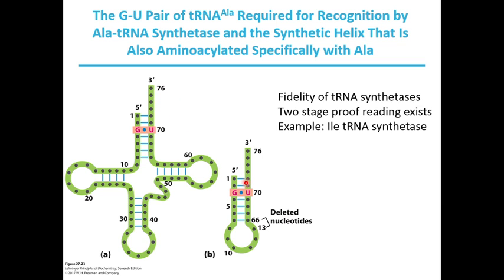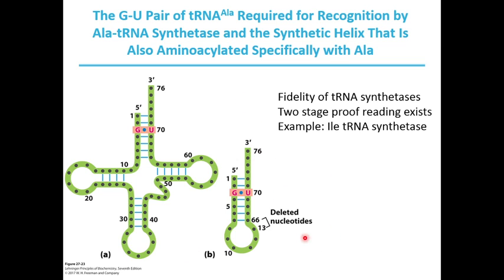A short synthetic RNA mini helix, as shown here, with the critical GU base pair, but lacking most of the remaining tRNA structures, including the anticodon arm,